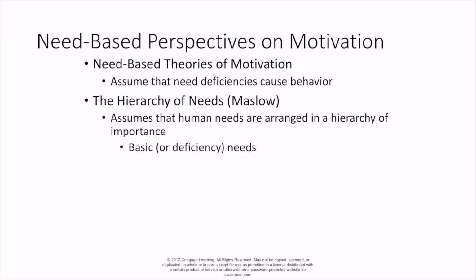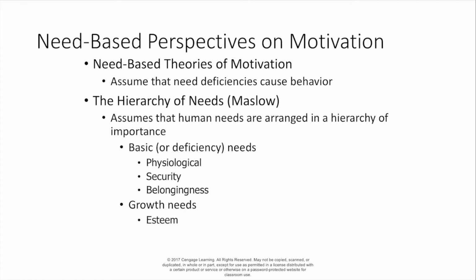First of all, you have the basic needs, which are physiological needs. And physiological needs means food, clothing, shelter. Security needs, which is your safety and health. Belongingness needs, which, as the old saying goes, people want to love and be loved. And then you have growth needs. Here you have self-esteem, where people want to feel good about themselves. They want to have a high level of ability or belief in their abilities and so forth.